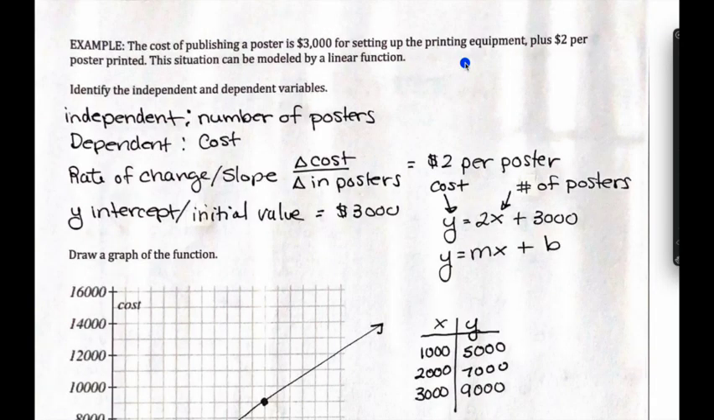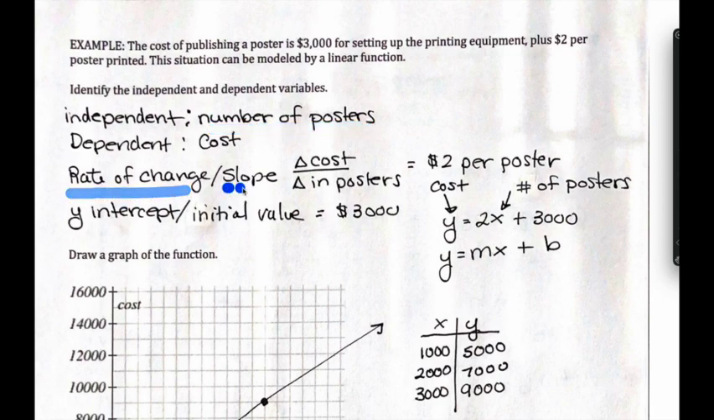In this next example, it says that the cost of publishing a poster is $3,000 for setting up the printing equipment plus $2 per poster printed. And it says the situation can be modeled by a linear function. So we have 2 variables here. We have the cost of printing, and then we have the number of posters. So the cost is going to depend on the number of posters. So we're going to list the cost as the dependent variable, and the independent variable will be the number of posters,